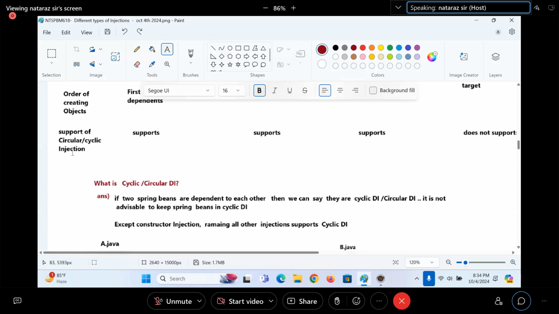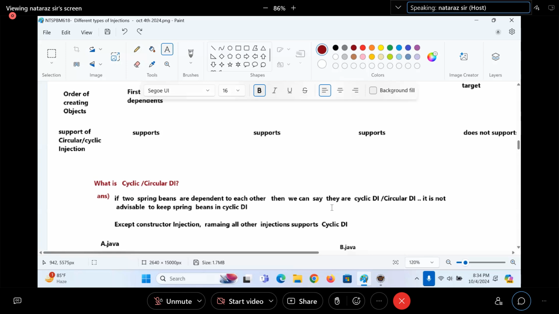But don't forget, when it comes to B, B also has an @Autowired property of the A class. So in that process, A will be assigned to B or not? Okay, final conclusion: circular, cyclic dependency injection is possible if you go for field injection, setter injection, arbitrary method injection. But not possible when you go for what?